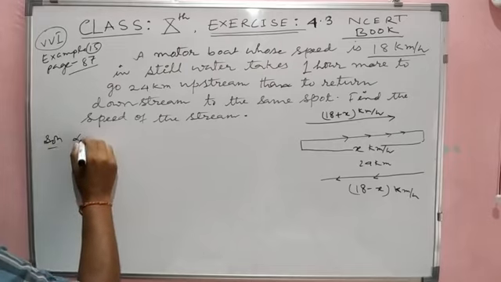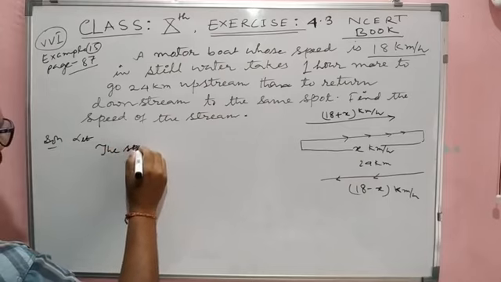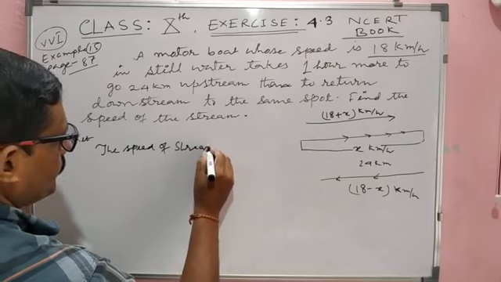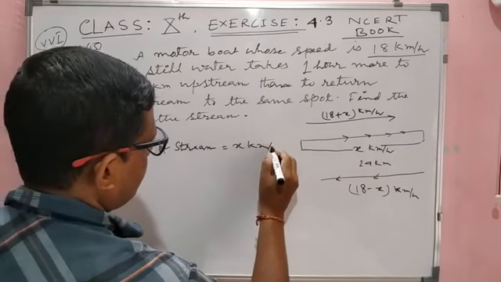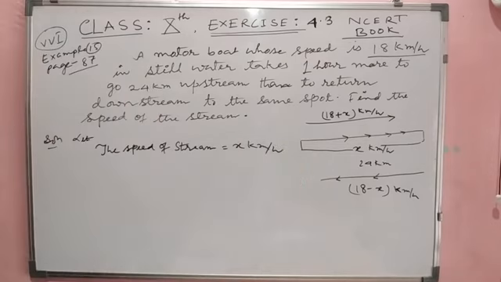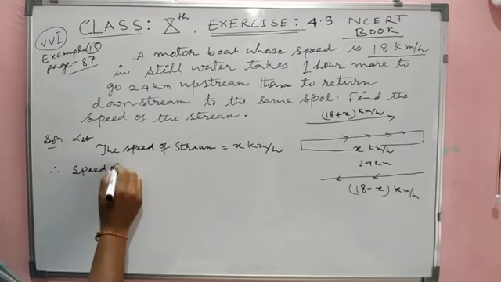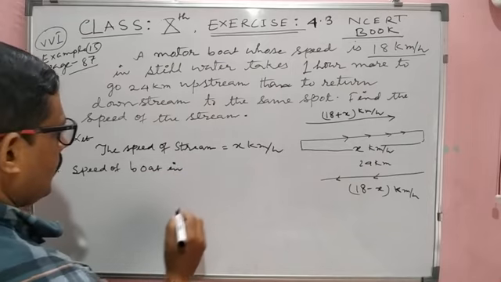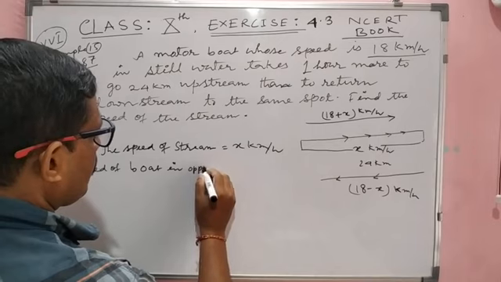Let the speed of stream equal x kilometer per hour. Therefore, the speed of boat in opposite direction